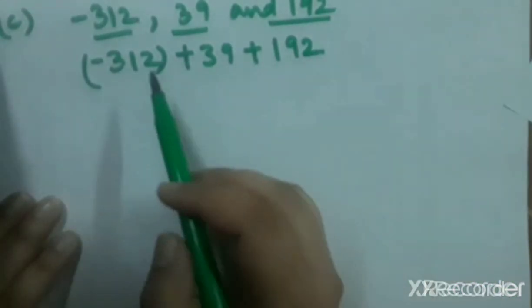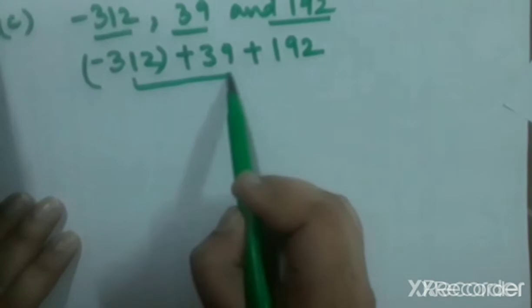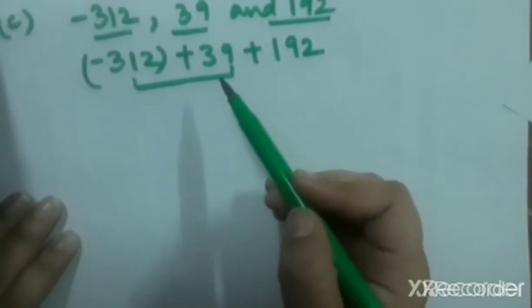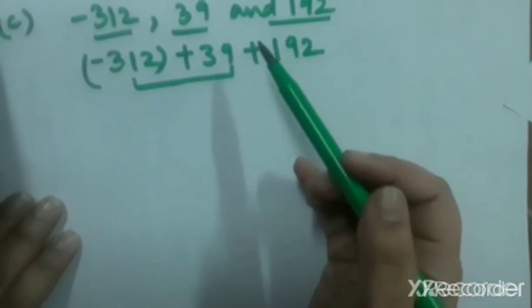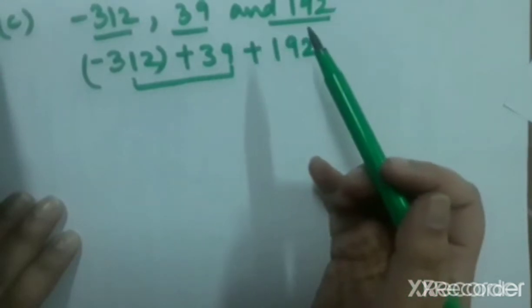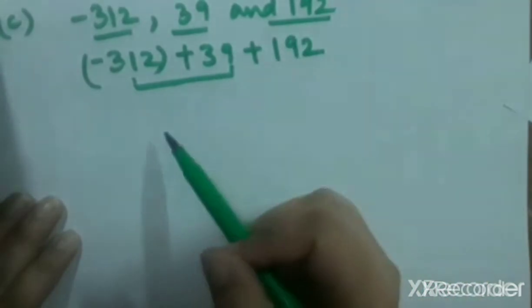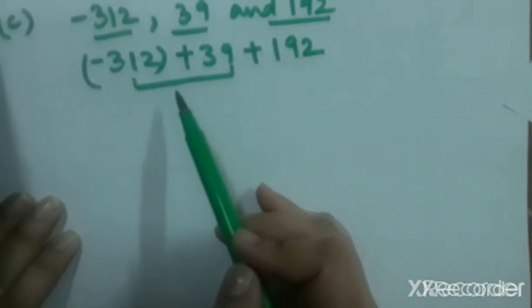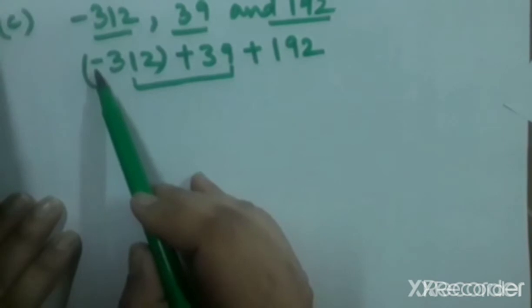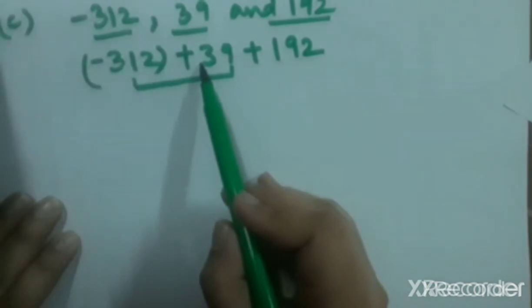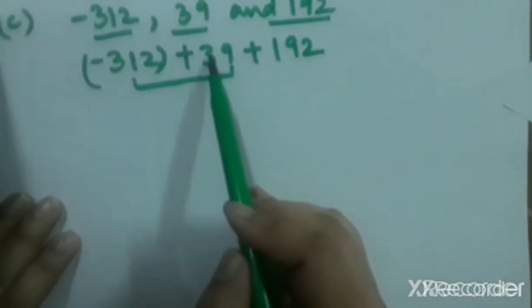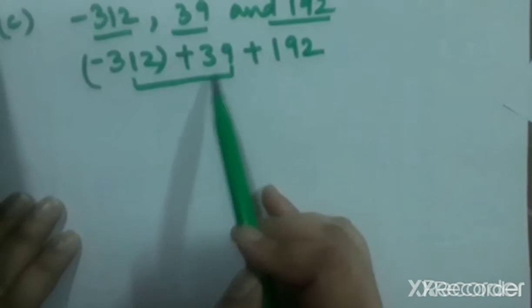Like here, first of all, I am going to connect the first 2 integers. Or what you can do is, first of all, you can take the integers with the same sign and do the operation on them. It's up to you how you are going to solve it. Here I am going to take a pair of the first 2 given integers. Now the first integer is negative and the second integer is positive because there is no sign. This sign is for the addition. You know that minus plus is minus, that means we are going to subtract them.